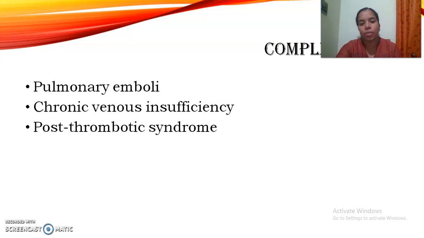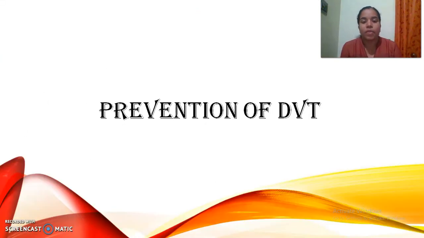Pulmonary emboli means once there is a clot in the legs, it may be discharged into the pulmonary circulation, and that may lead to pulmonary emboli formation. And chronic venous insufficiency means the blood vessel will be getting insufficient blood supply, and that is chronic venous insufficiency. And prevention of DVT